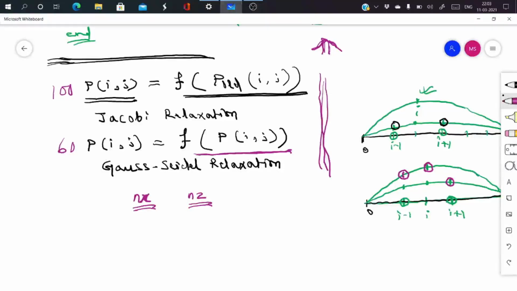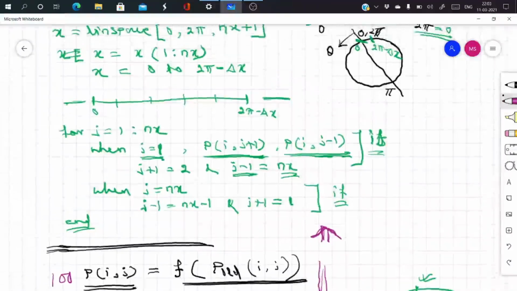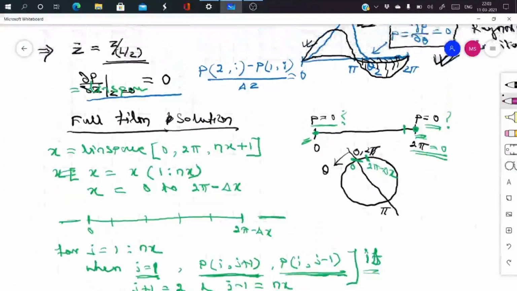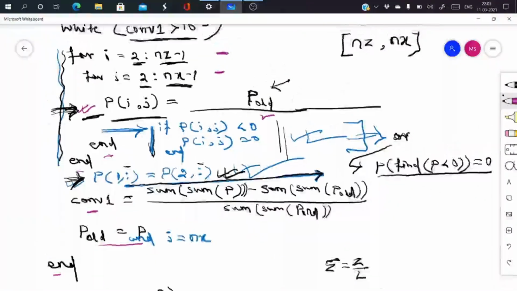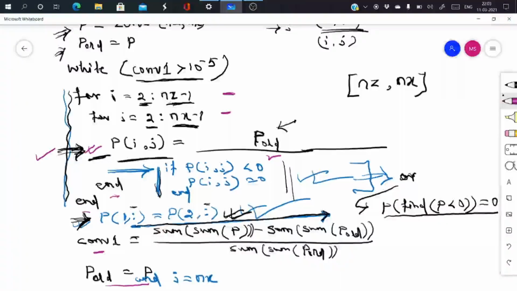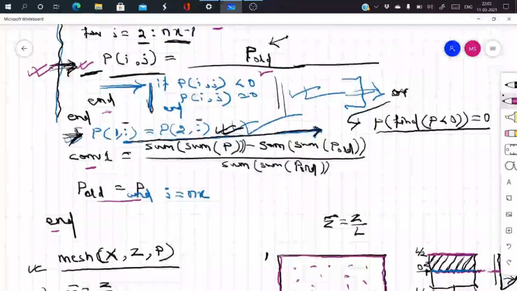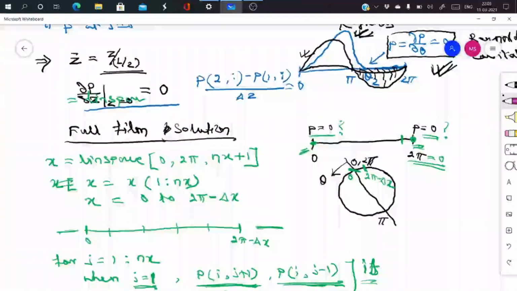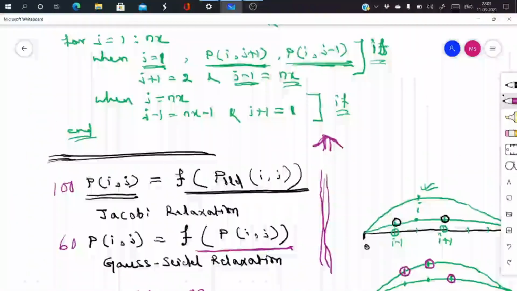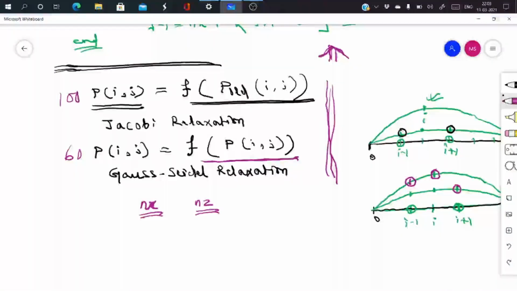So if you see our governing equation, the algebraic equation that we are solving is actually Pij on the left side, and the right side is a function of P i plus 1 or j plus 1, or i minus 1 or j minus 1, adjacent points. So what we'll do now, you are assigning directly to P. Now what we can do,